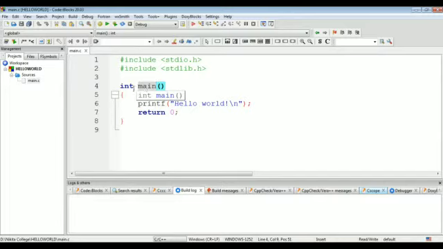Main function, this is the entry point of your program. And the syntax of main here is what? Data type and main function. See, data types are integer, void, string, character, etc. Now see, these are called preprocessor compiler directives. Now this integer main is the first built-in function here. Integer main, it is the first built-in function, and every program must have the main function.